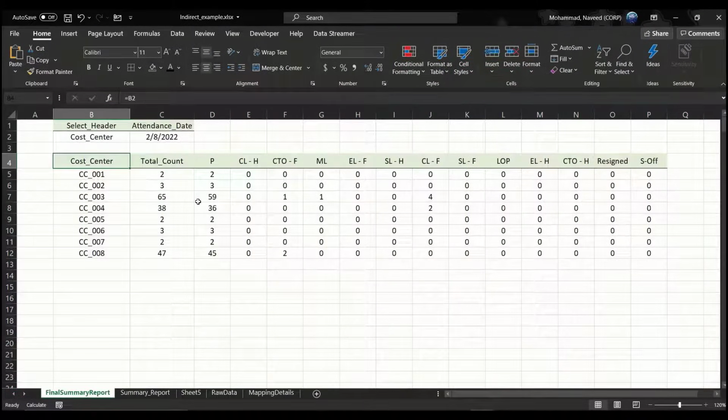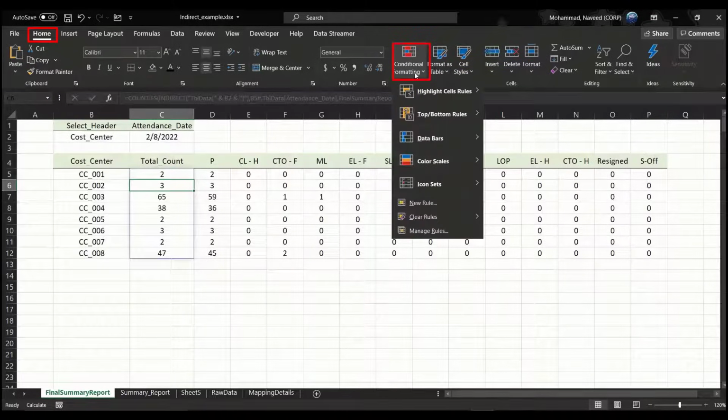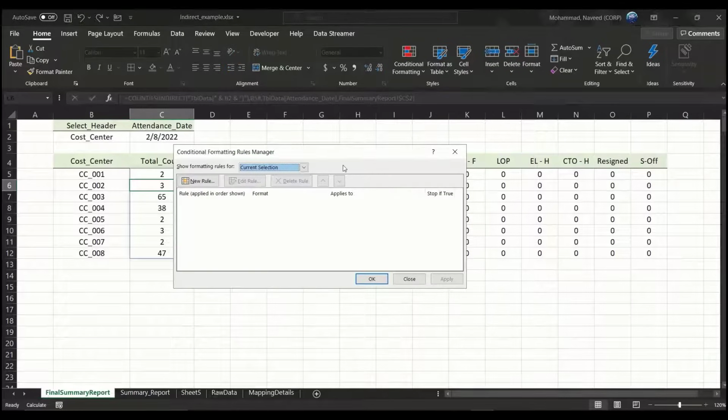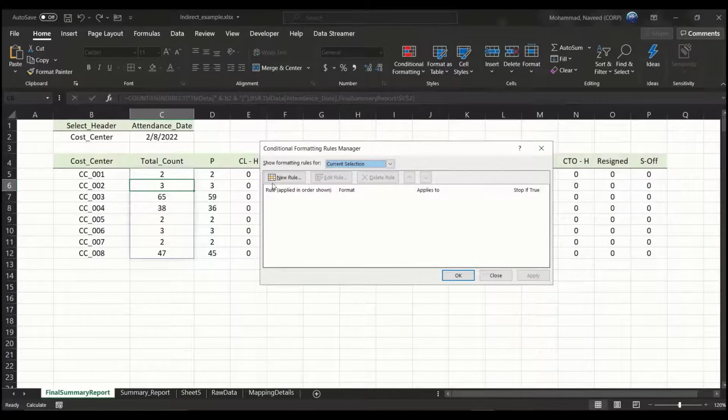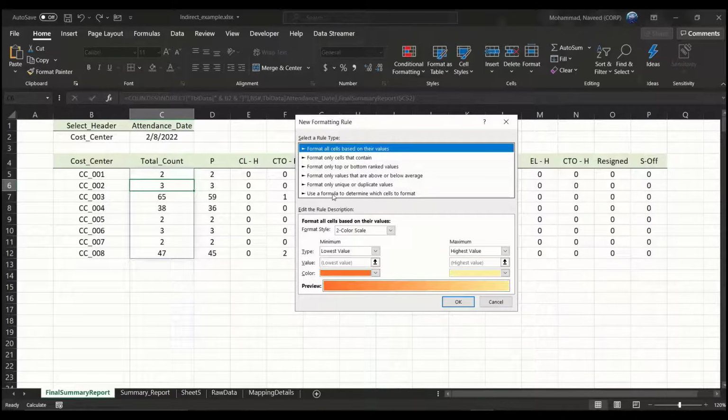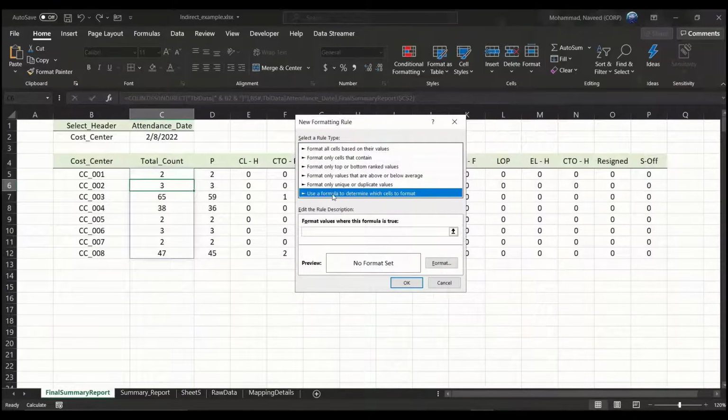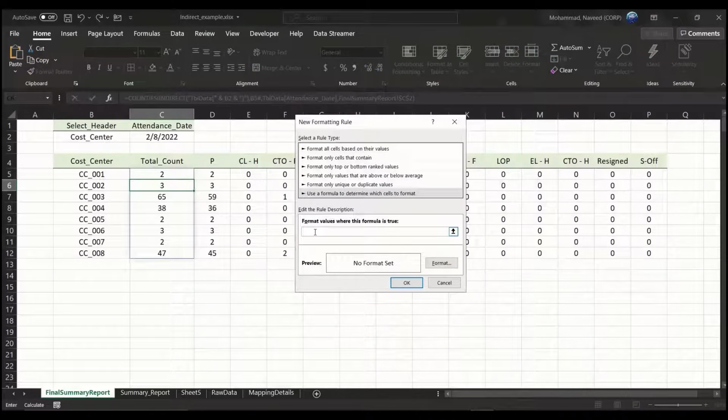Then next you can apply conditional formatting to hide these 0 values from your report. To do that, click on the Home menu, select Conditional Formatting, and click on Manage Rules. From Manage Rules, click on New Rule and select the last option, Use a Formula to Determine. In the formula text box, enter the equal to sign, and this is the starting cell of my report,